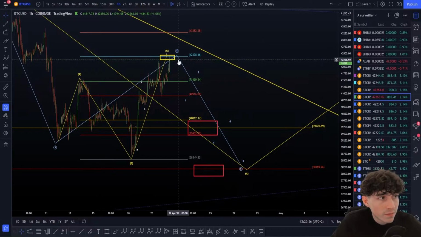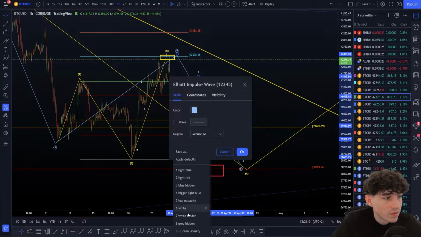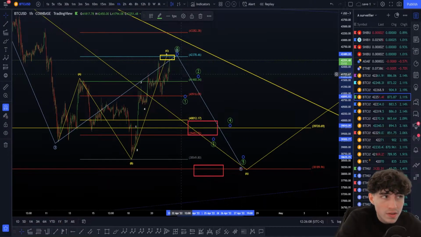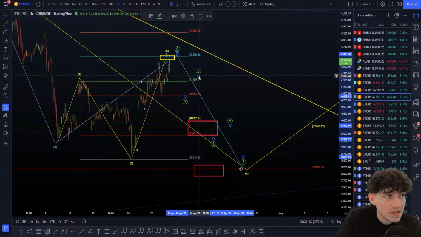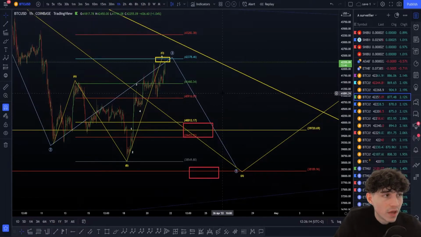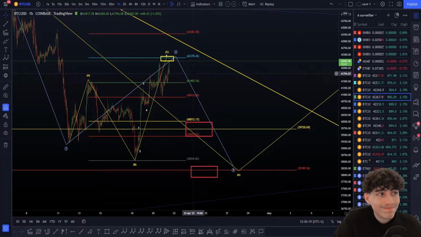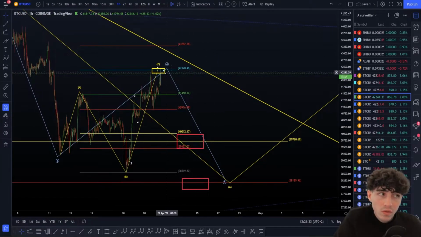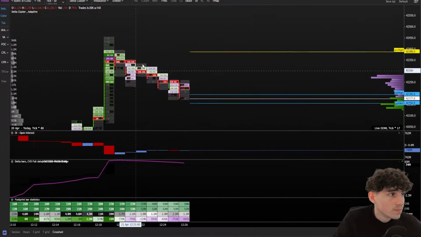Inside this wave 1, for example, if I change that to maybe green like this, right there, we will have to get a 5 wave impulsive or a leading diagonal inside. If we have a 5 wave impulsive or a leading diagonal, it is more likely we are in this wave 5. If we do not have a leading or an impulsive in the smaller wave count here, it is less likely we're in this, and this is maybe more a correction to push higher after that. So really be careful and watch these waves down we are going to do here, because this is important.